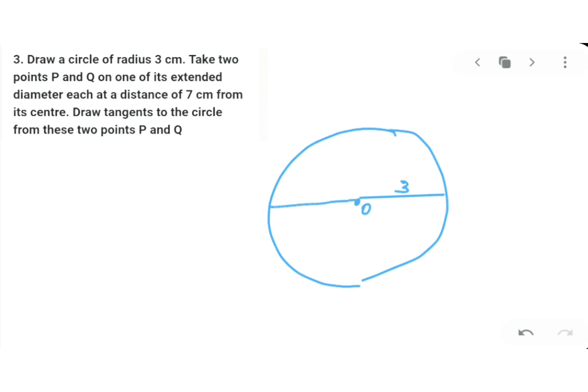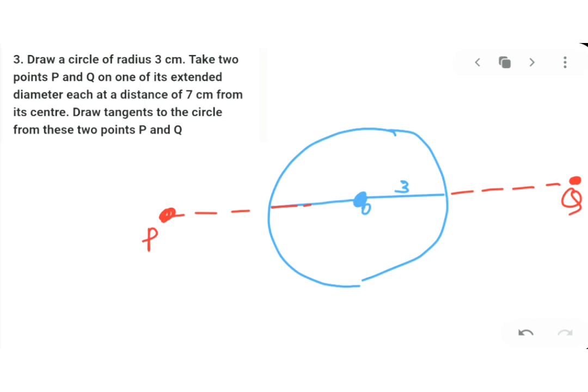I'll just join this and make a diameter, and it extends 7 centimeter from the center, and you have to mark P and Q. So I will extend 7 centimeter. This is the diameter on both the sides. I'll use a red pen, and I've extended on one side, and I've extended on the other side. I've named these points as P and Q. And further it says,